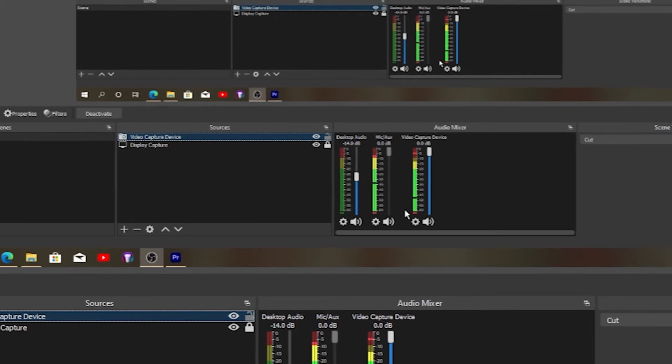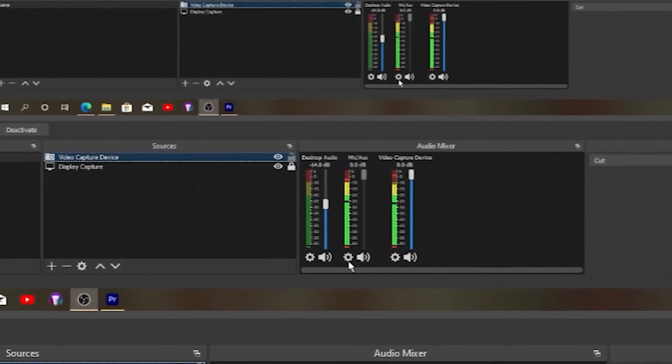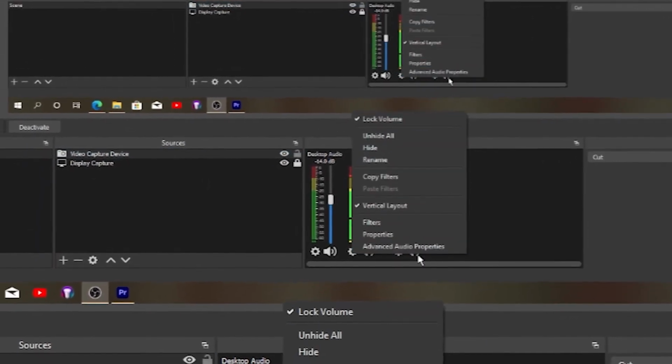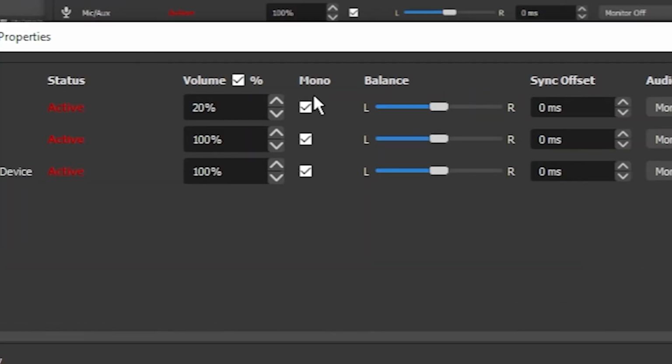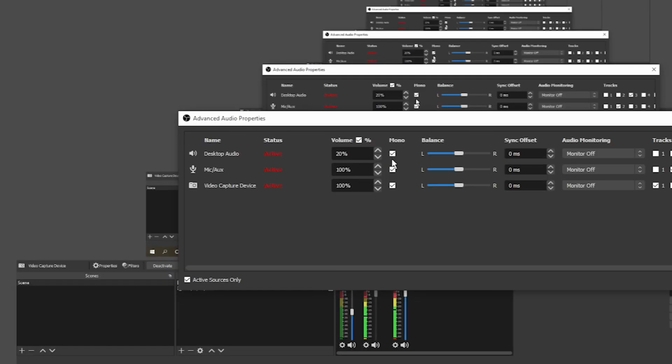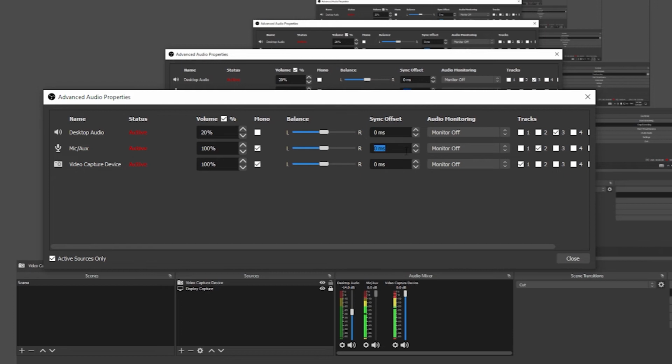Everything now is set. The last thing we are going to fix is your sound. You just have to go here to any one of these sounds and then Advanced Audio Properties. I like to record in mono because it gives you a clear sound, if you are recording an instrument or the desktop for gaming or something, because stereo mode is better for surround sound. So here is the delay. If you have any delay between your sound and the camera, you just add whatever you want and then you will see how it is reacting.